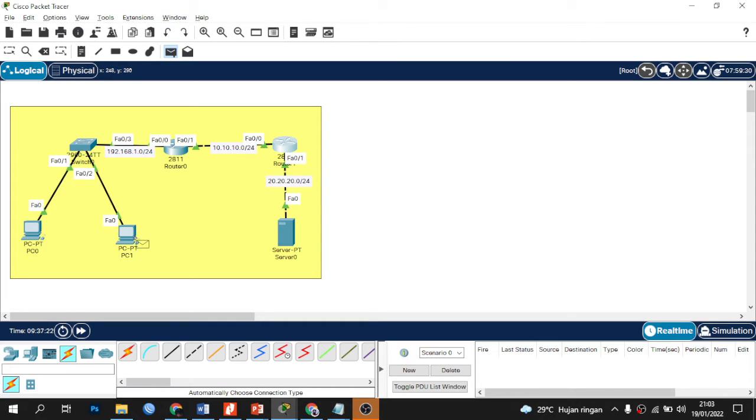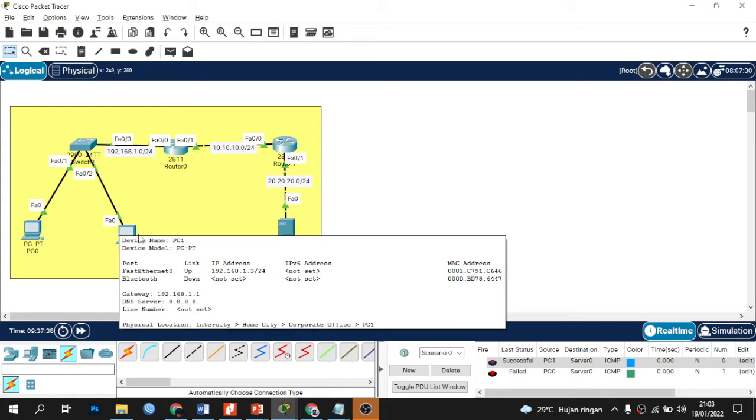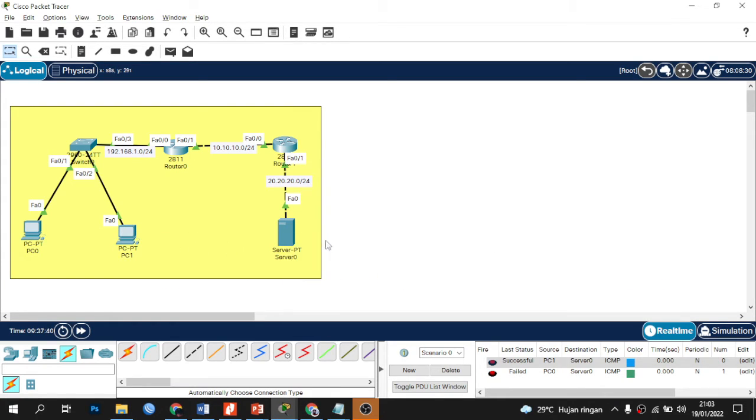On PC 1, success. Let's try PC 0 to server, failed. Now it can be seen PC 0 is no longer able to ping the server.